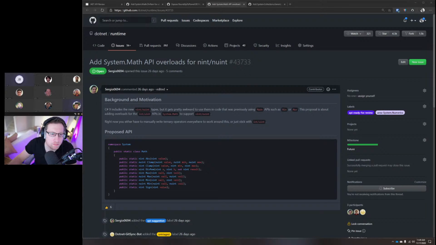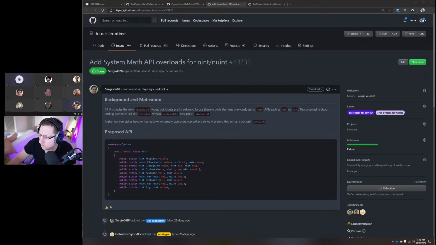So for 43733, it's basically we expose several math APIs that work with all of the existing integral types: byte, sbyte, short, ushort, int, uint, long, ulong. Now that we actually have native integer as a new primitive type, we should expose these: abs, absolute value, clamp, divrem, max, min, and sign for these as well.